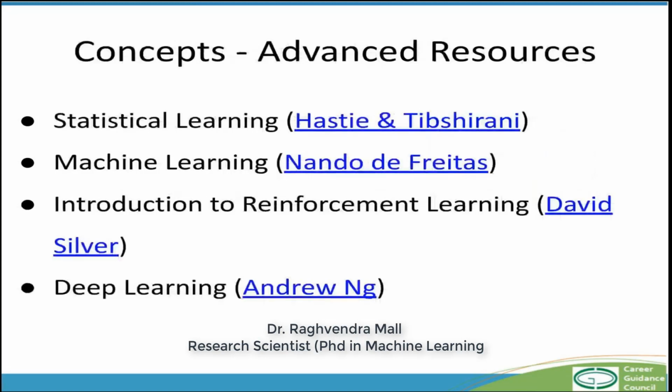People who are more interested in advanced courses, who want to do a postgrad or are doing doctoral degrees, or who want to understand the science behind machine learning, there are courses for them also that I would recommend. For people who want to learn about classical machine learning, these are two good courses. Trevor Hastie and Rob Tibshirani are top-notch researchers, statisticians from Stanford University, and the link here highlights their YouTube videos associated with the course.